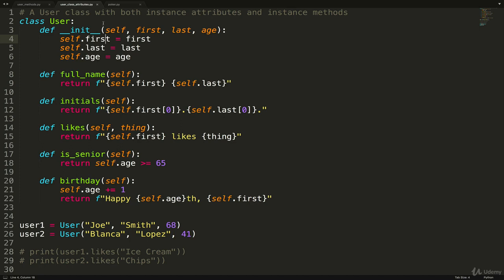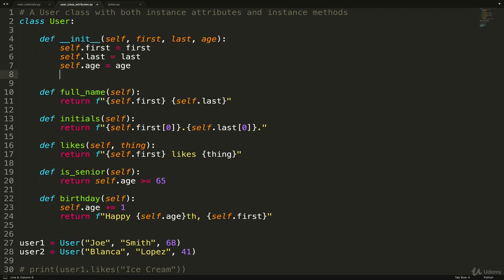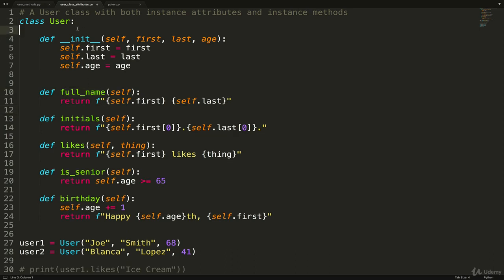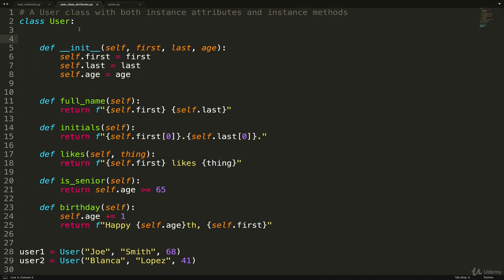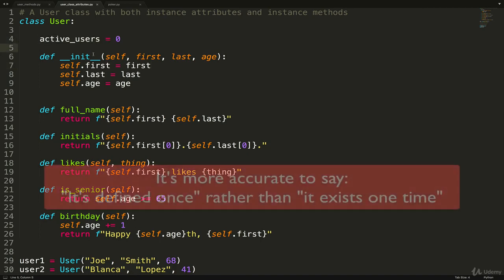So what I'm going to do is define my class variable. And the syntax for that is we just put it up here and we don't write self. So if I just define a method or a variable in here, or in here, if I said something like, I don't know, count equals 0, this is a variable scoped to full name. But if I want it to be part of the class or defined as a class attribute, I'll come up here or anywhere that's not in one of those methods, but traditionally you do it up top. Let's call this one active users and set it equal to 0. Okay, so what we've done now is define a class attribute called active users, and it exists one time on